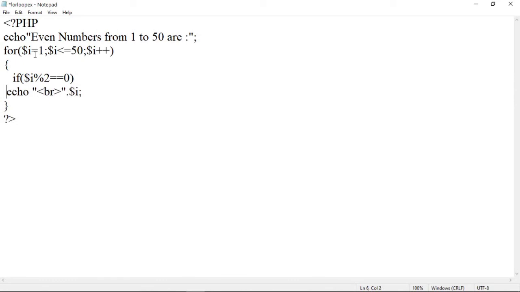That is, if the remainder after dividing a number by 2 is 0, then we can say that number is an even number. So we will print like this, otherwise the loop will get incremented. Save this program. Now this program will print values from 1 to 50 which are even numbers. See, 2, 4, 6, 8 up to 50. These are the even numbers from 1 to 50.